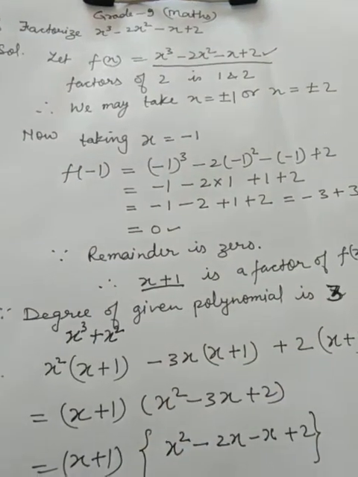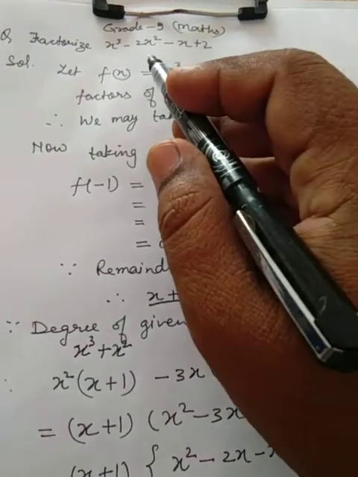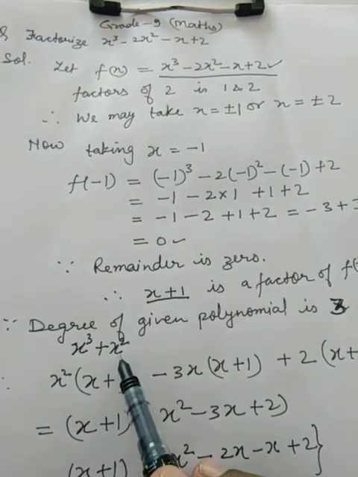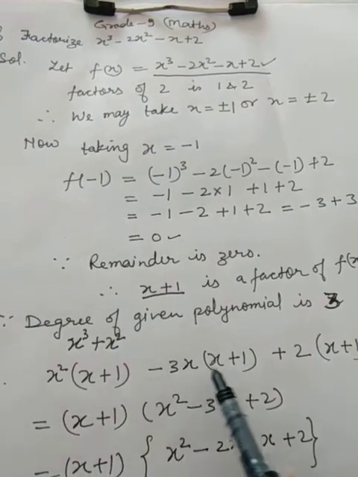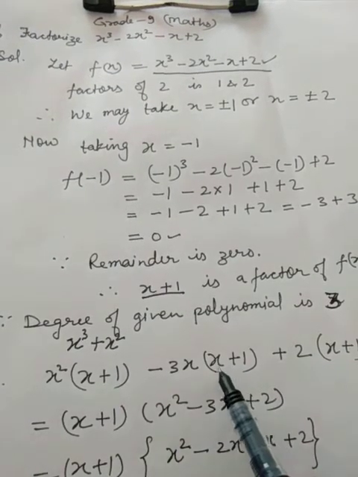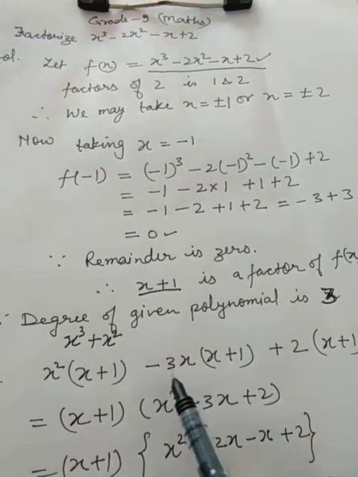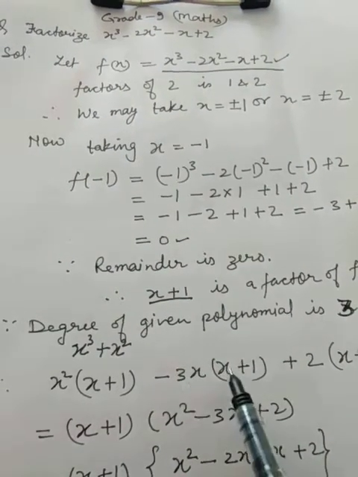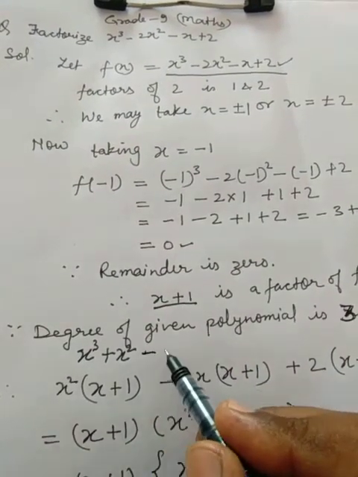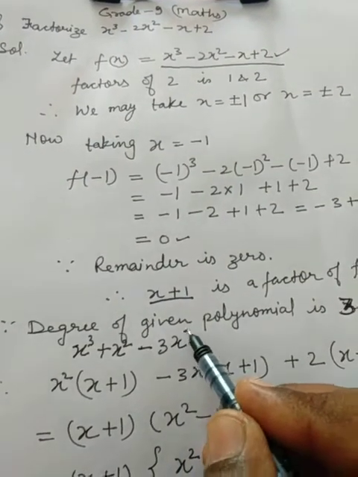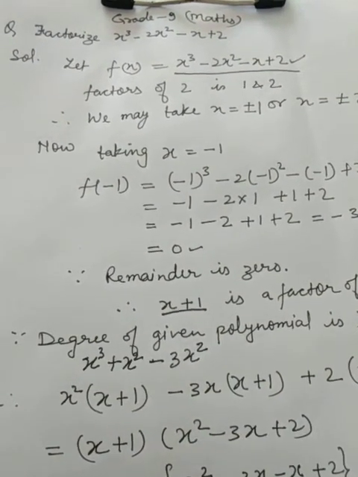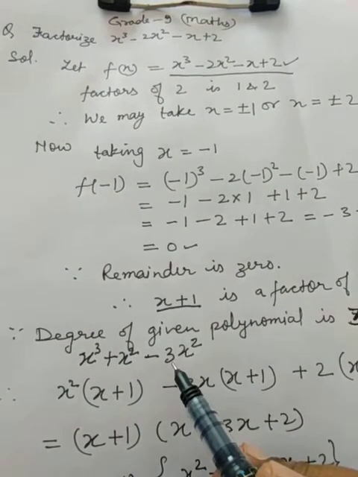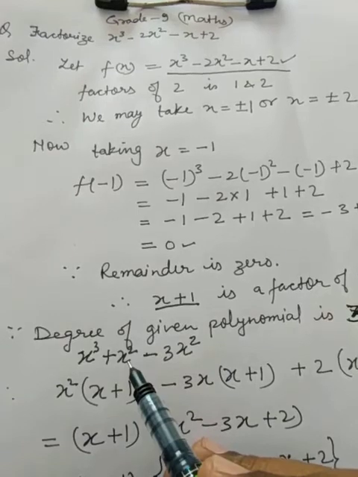Multiply this x square by 1, this is x square. But in the given question, the second term is minus 2x square and we are having plus x square. So we will go to the next term, and we will multiply the next term by minus 3x. When you multiply this by minus 3x, this will be minus 3x square. I did this because I need to find minus 2x square. Whenever plus x square is added to minus 3x square, overall this will be minus 2x square.